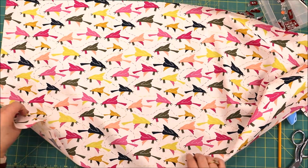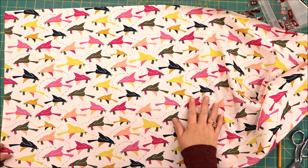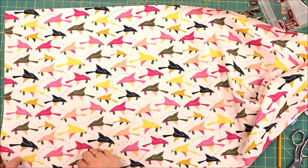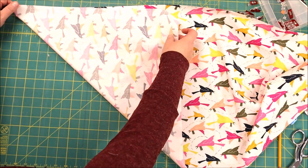Let's make some bias tape. So bias tape is great for binding a quilt or a project that has curved edges. You're going to take your piece of fabric and you're going to fold one corner up